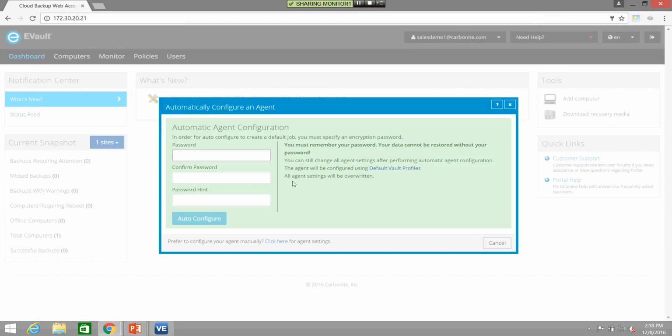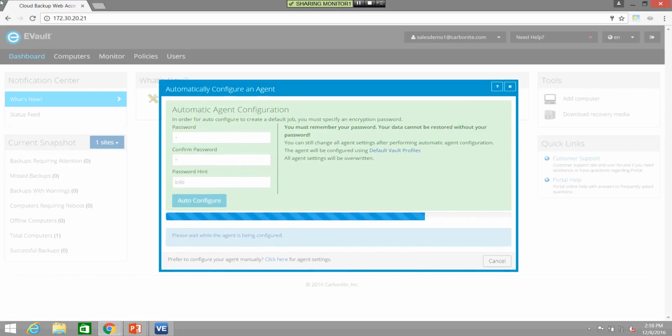Then we're brought to this screen where we're asked for a password for that job or for that backup. This is part of the encryption we talked about, and it's a very key aspect. This is a password that we don't keep on our side, on the Carbonite or eVault side. This is a password that the user keeps, and if they lose it, unfortunately, nobody will be able to recover it, and they wouldn't be able to do a restore. So this is a key piece where they're asked to enter their password, and they need to make sure they keep it. For now, I'll just enter something random in here,